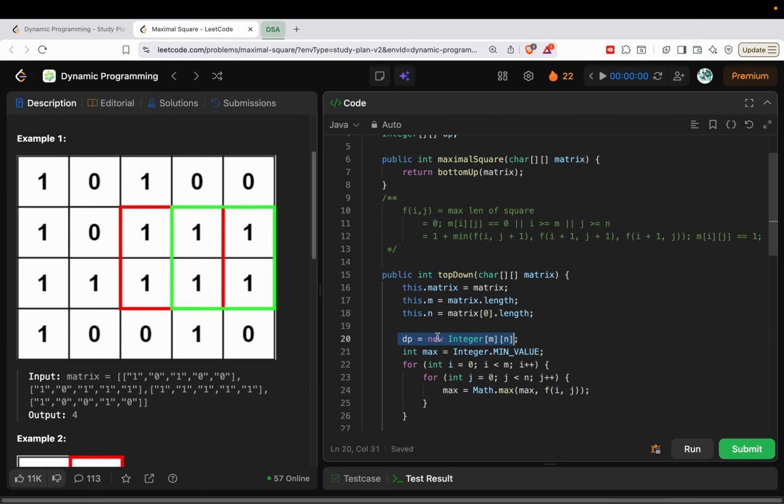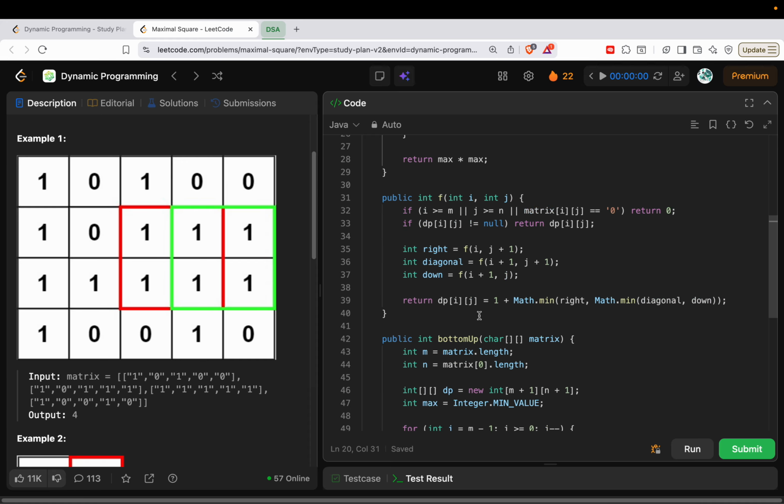Okay, so if you see I and j, let's look at the function I and j. I is taking values from 0 to n, and j is also taking values from 0 to n. So I need to define a 2D array of size m by n, right? So if the current cell is 0, or if I am exceeding the boundaries, that means I will be returning 0,